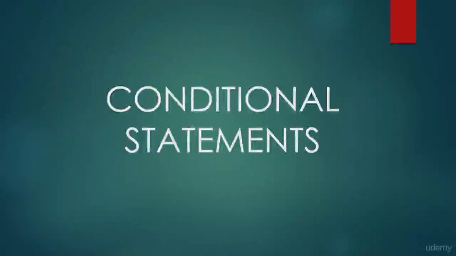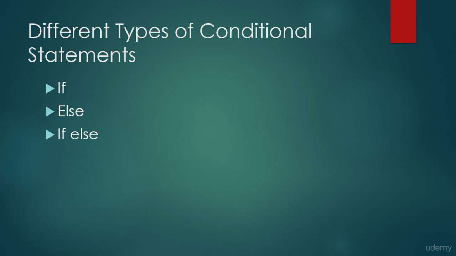In this section, we will be talking about conditional statements. Now, what are conditional statements? Basically, they are used to provide functionality in our Java programs. They can help us control certain parts of our program. Now, before we learn how to use them, you need to know that there are three types of conditional statements: